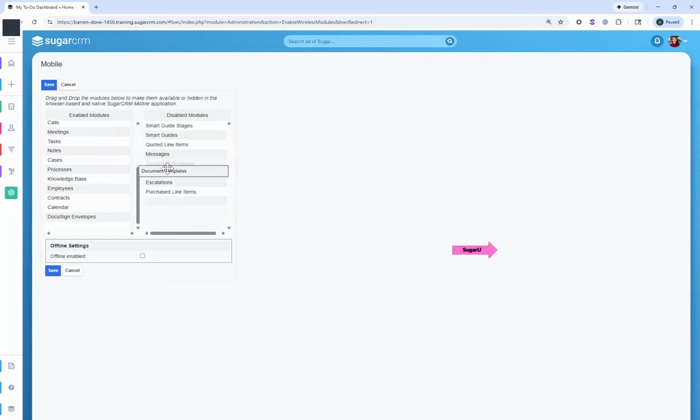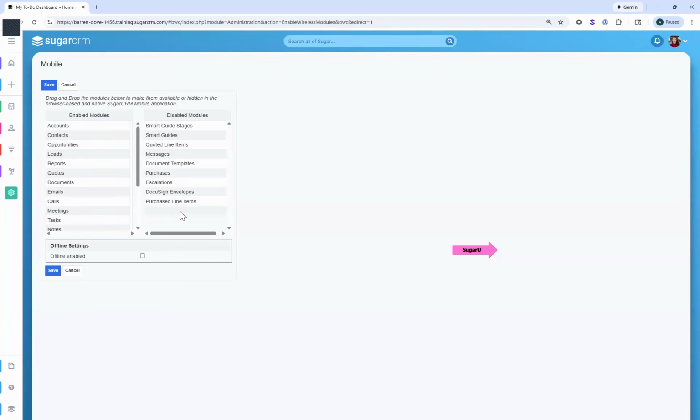So say we're not going to do document templates or DocuSign. Okay, so I'm going to scoot them over to the disabled module section. And also I want to talk about this offline enabled. So it is not checked by default. Okay, so as an admin, you have to actually go in and check that box to allow your users to